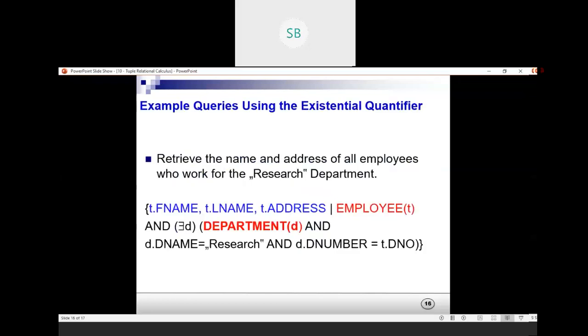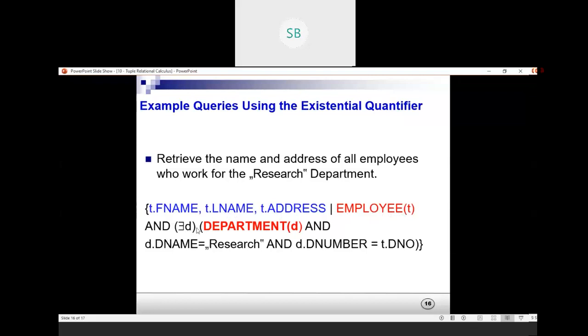Okay, so now how do we use this? Just take an example. The question is: retrieve the name and address of all employees who work for the research department. In the tables we have created in the SQL query, we have taken first name and last name separately. That is why we take the name as first name and last name, two attributes: T dot F name, T dot L name, T dot address, such that employee of T